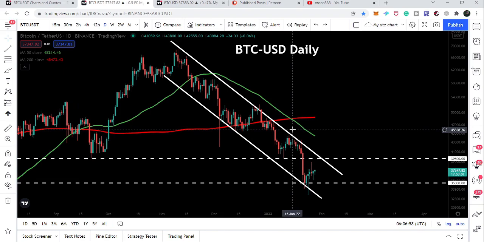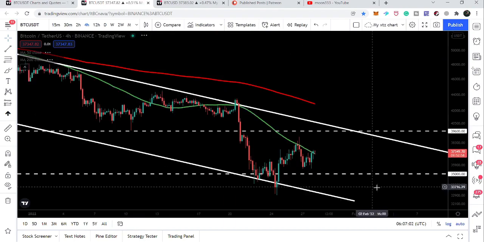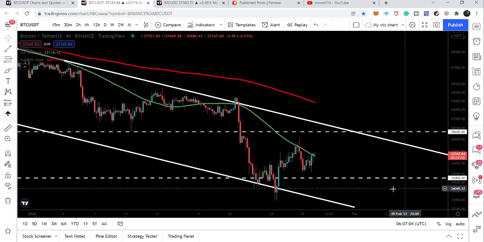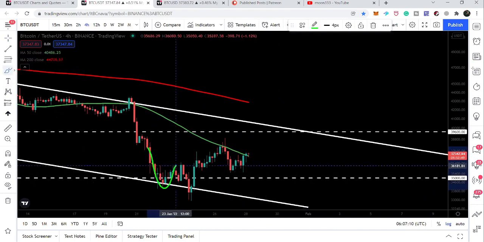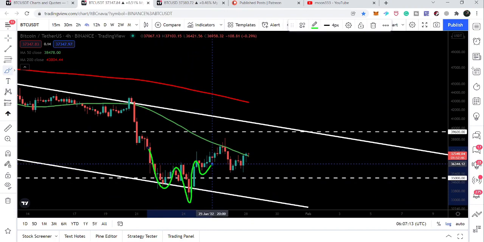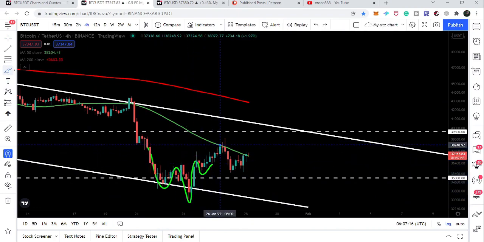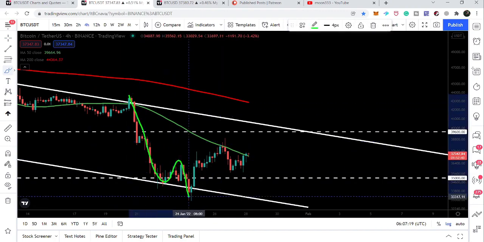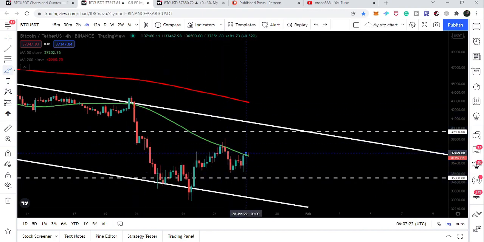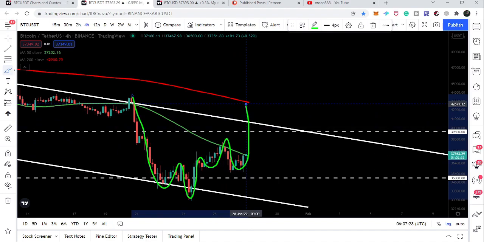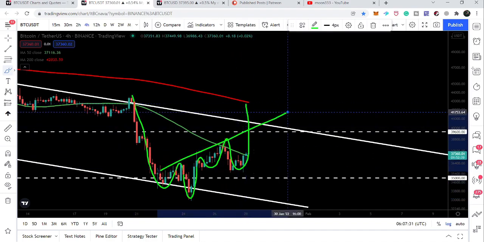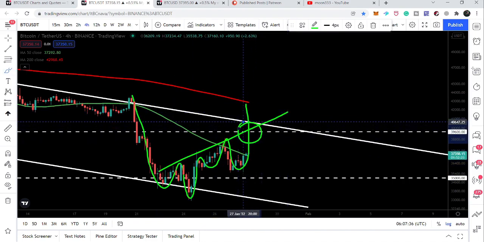Now, if we take a look at the smaller time frame, like the 4-hourly time frame, then there is still a possibility for an inverse head and shoulder pattern. Previously, I was showing you this move as a right shoulder, and we were rejected by the neckline. But you can see that the price line is now forming a clear right shoulder. The previous move was very short, but right now we are forming a clear right shoulder of this head and shoulder pattern. Here we have the neckline, and you can see that while moving up, it also needs to cross up the $39,600 price level resistance as well.